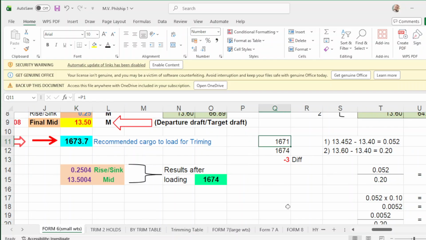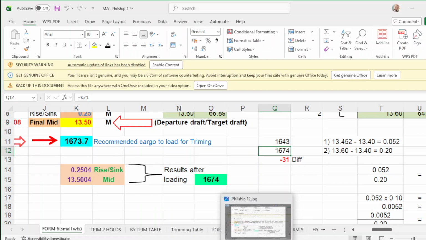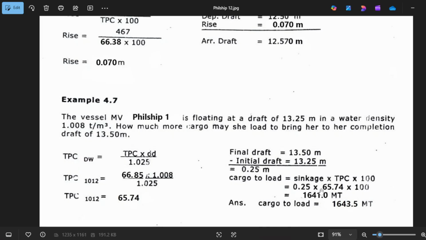So you are less, she is less by 31 metric tons if you follow this one.